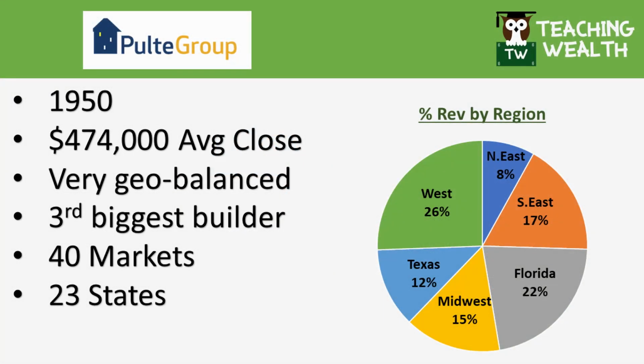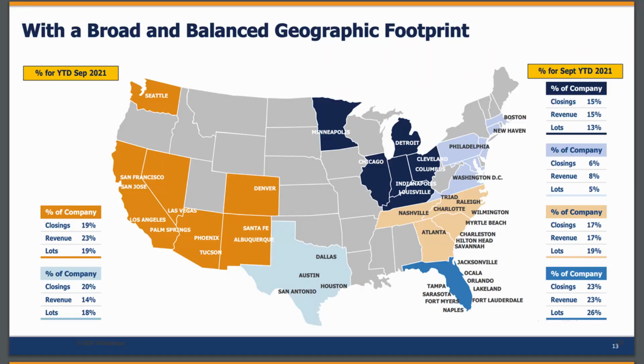Lastly, we have Pulte Homes, ticker PHM, the third biggest builder in the United States. Their homes are priced the highest of these stocks at $474,000, but that's still just a hair above the industry average. They're geo-diversified across the country, and in my opinion, they're the most well-rounded of these six builders in terms of